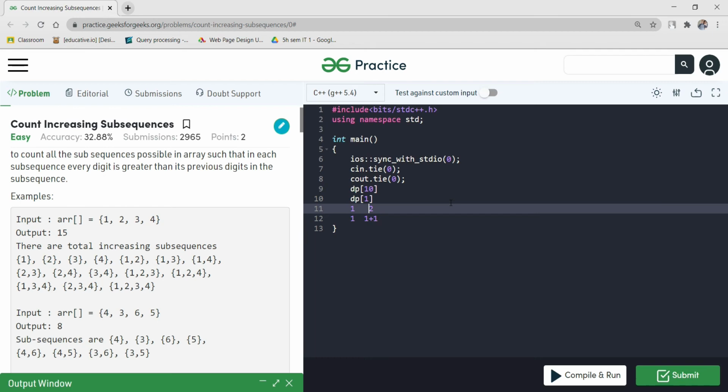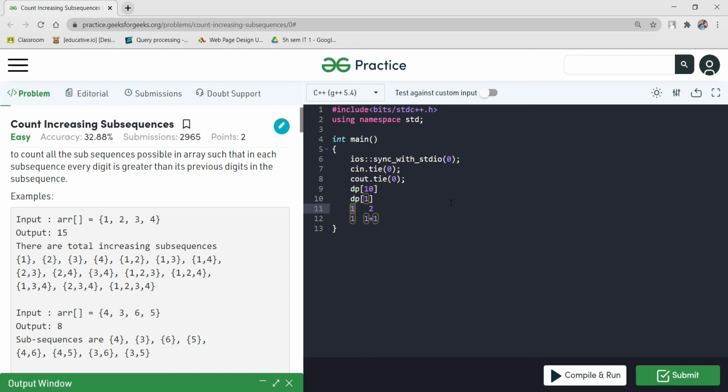Why did I add 1? When I reach the index number 1, we have the element 2, and we need to count how many digits that have already been encountered in the array have a value less than 2.